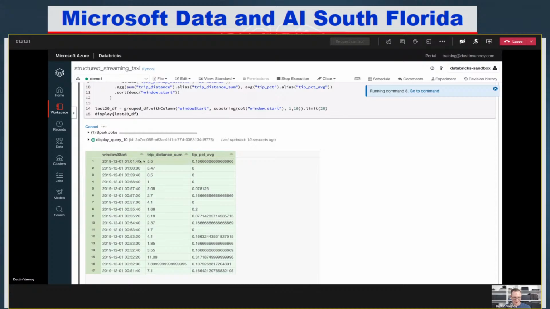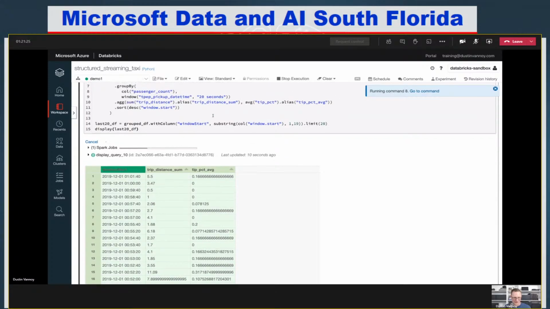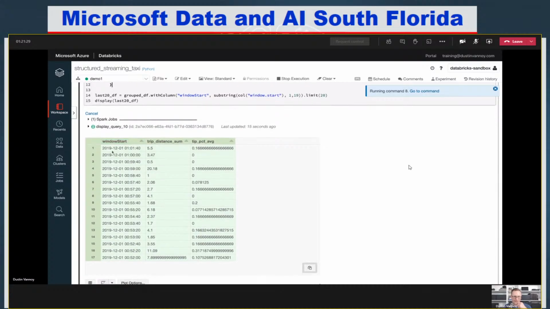It should be swapping some stuff out. I see things moving, but I don't see the window start changing the way I expected. So I might be a little out of sync here. Notice though, one thing that's interesting to know about windowing or watermarking or some of these core concepts in